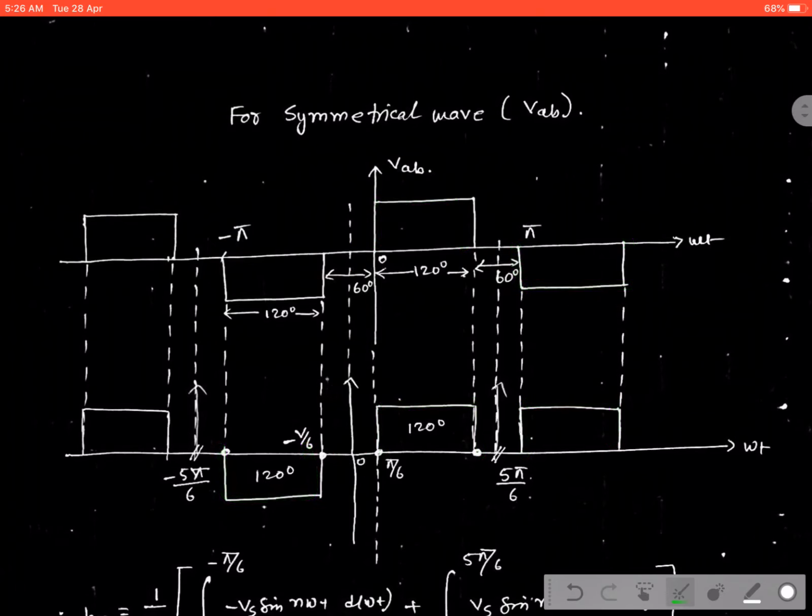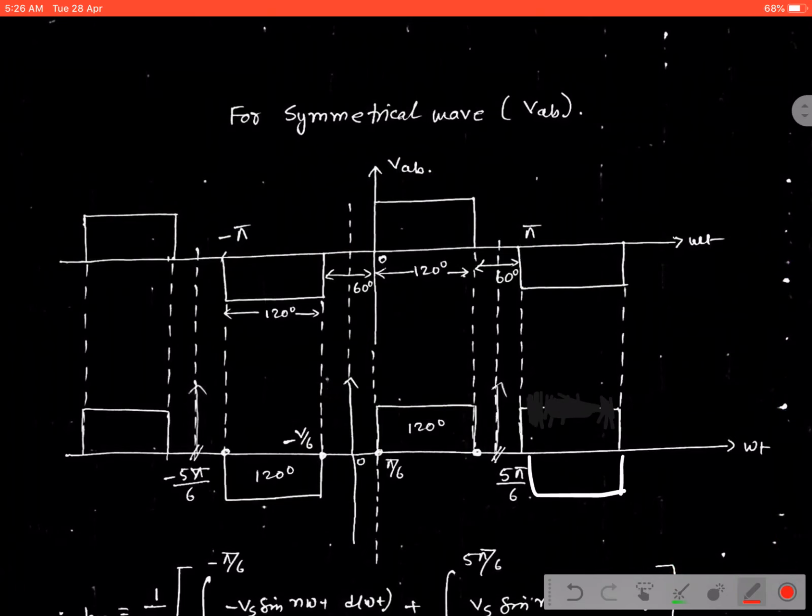One thing, it's my mistake, the waveform will be just in this way. So forget this part, the waveform will not be present here. Okay, fine, just similar to each other. We are just changing the axis part only.